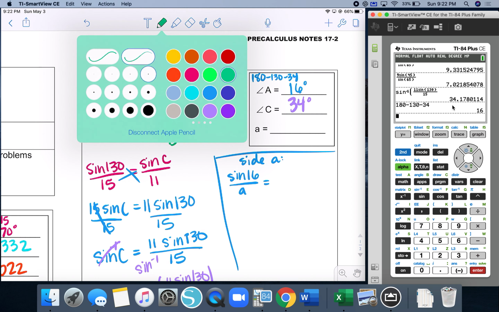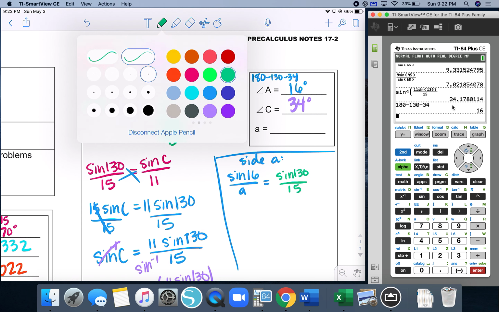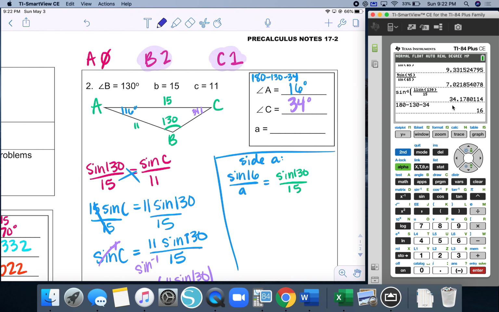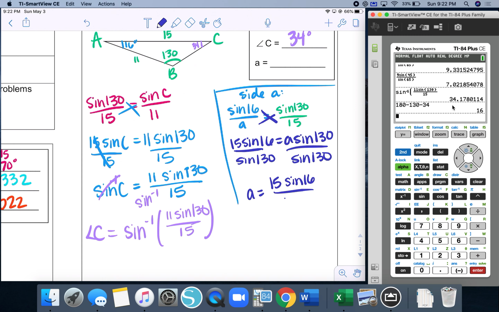And then again, you can use B or C. I knew everything about B originally, so I'm just going to use B as my proportion. You don't have to do it that way. You can use C. I just prefer to do the one that I was given all the information about at the beginning. So cross multiply. Divide. So A is going to be 15 sine 16